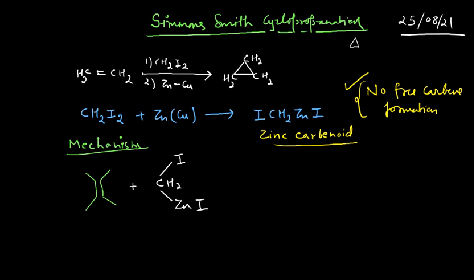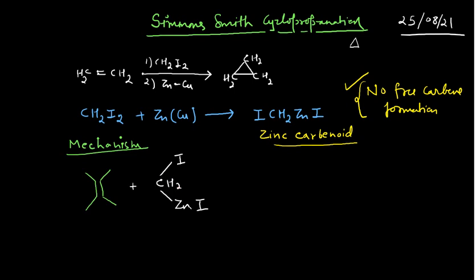See guys, this is very important, some basic knowledge of organic chemistry you should have. This double bond is actually nucleophilic. It is very, very nucleophilic. So it will always look for the electrophile. This CH2 as such is not very electrophilic, but after the removal of the I from here, it can go on to attack your alkene, or doubly bonded system, your electron density.